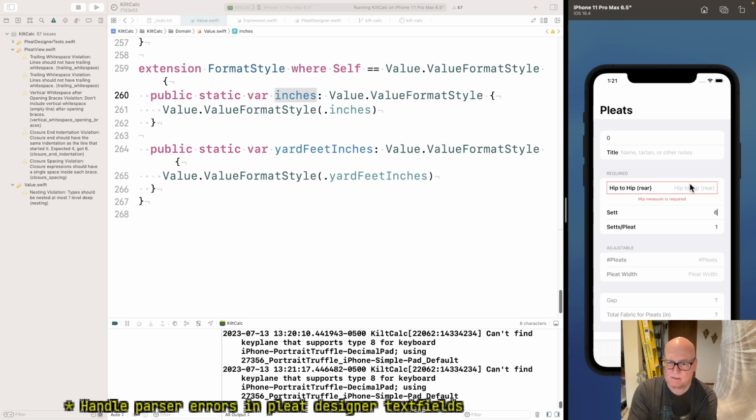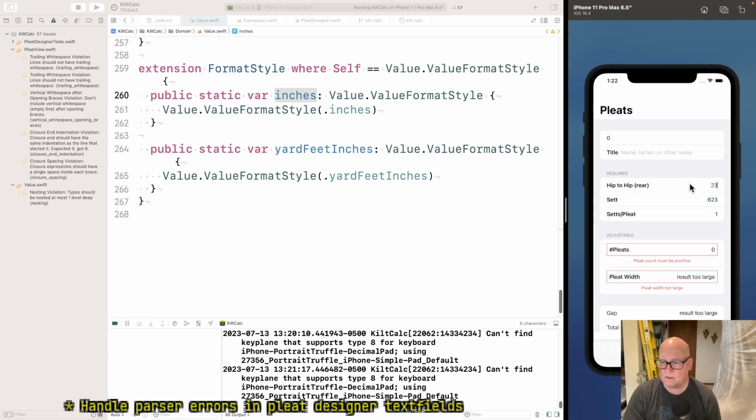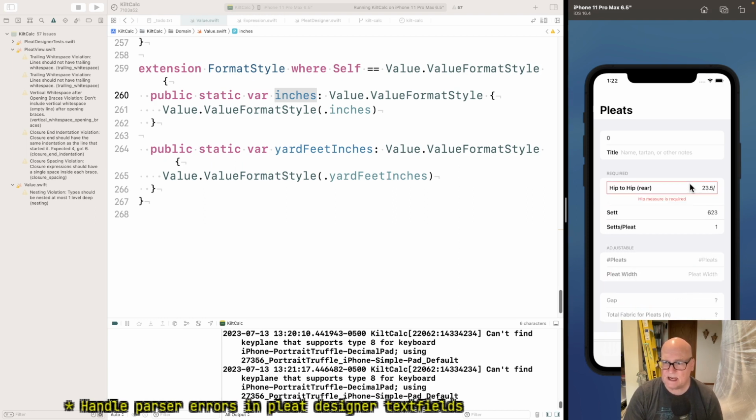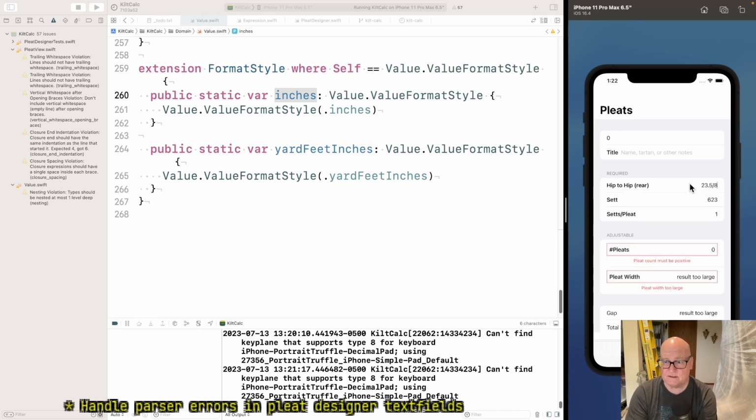If you type something illegal, I think it's going like, I don't think this is good, but maybe you're going to get there, because like 23 plus 5 slash, well, that's an error now, but it becomes valid when I put the 8 in.